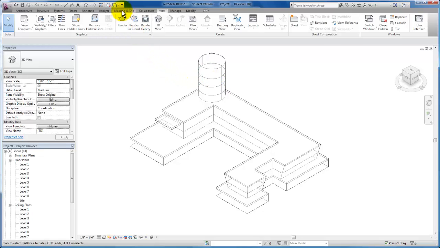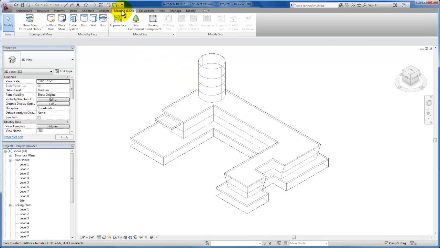The next thing I want us to do is come up to our massing tab, and you'll see we're going to focus for the rest of this video on our model by face options, which allow us to apply floors, walls, roofs, as well as curtain wall systems that can be later edited. So I'm going to click on our wall by face,